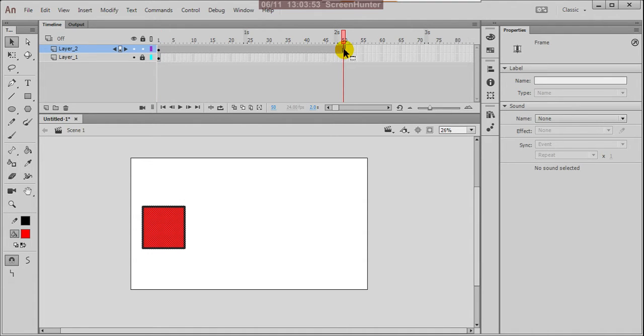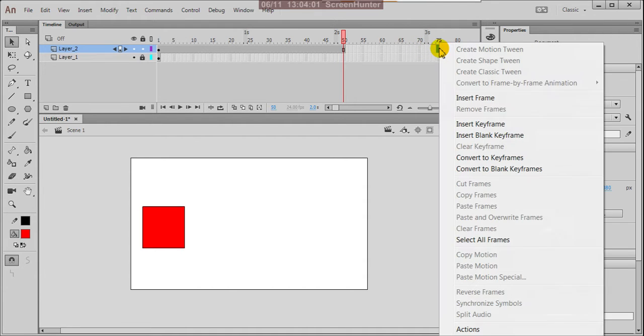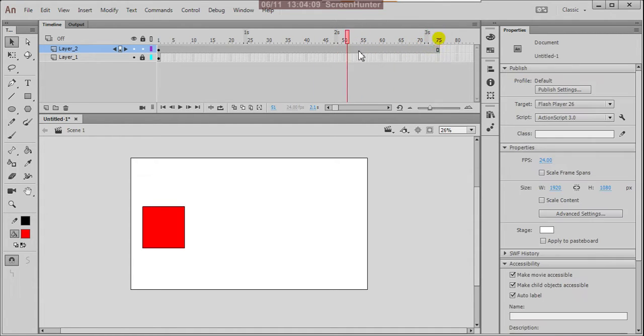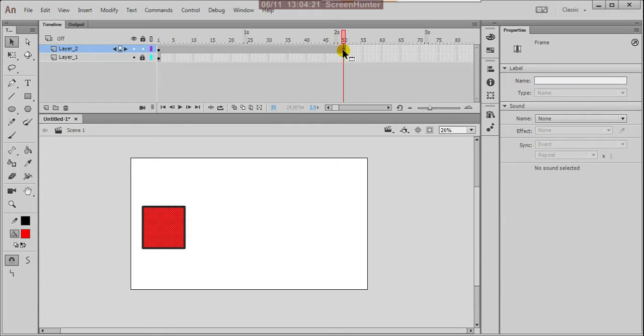That is insert frame. Suppose at 60 or 70 or 75, right click and again insert frame, then from 50 to 75 it is the same frame. So up to 75 frames you have extended the same frame. That is the difference between a keyframe and a frame.